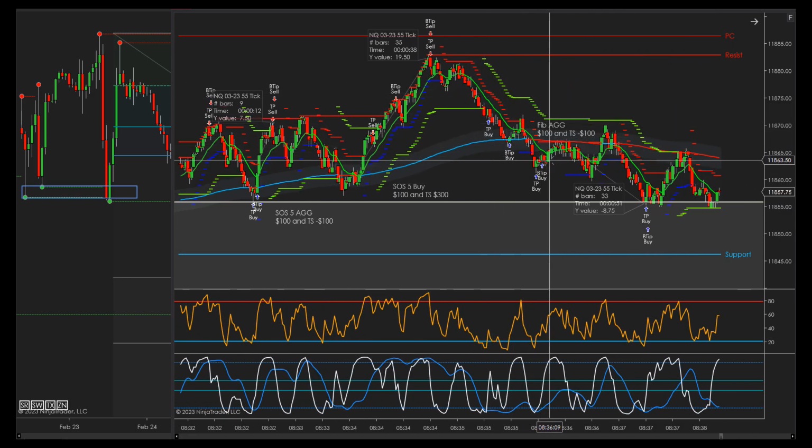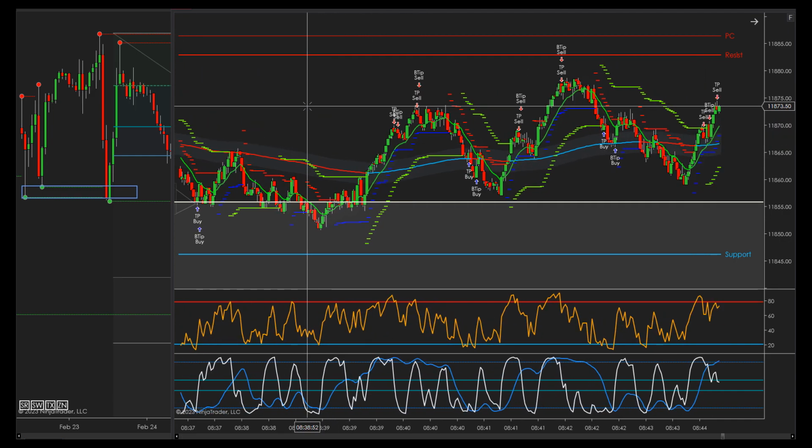Now here, once we break below the swing point and the oscillator goes from overbought to oversold, the blue, now we're looking for what we call FIB trades. So the sell signal here hit the 5 point target, and then again was trail stopped out. So we did plus 100, minus 100,